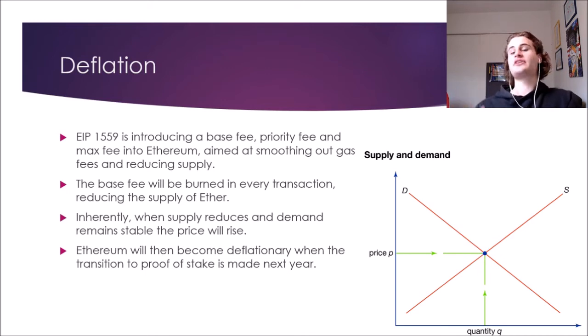So, inherently, every time a transaction is made, the base fee will be burned. Immediately, this is going to cause an instant supply reduction in Ethereum. Currently, Ethereum is issued at around 4% every single year. Immediately, with Ethereum's current proof of work model, this will reduce Ethereum supply to about 2%. However,